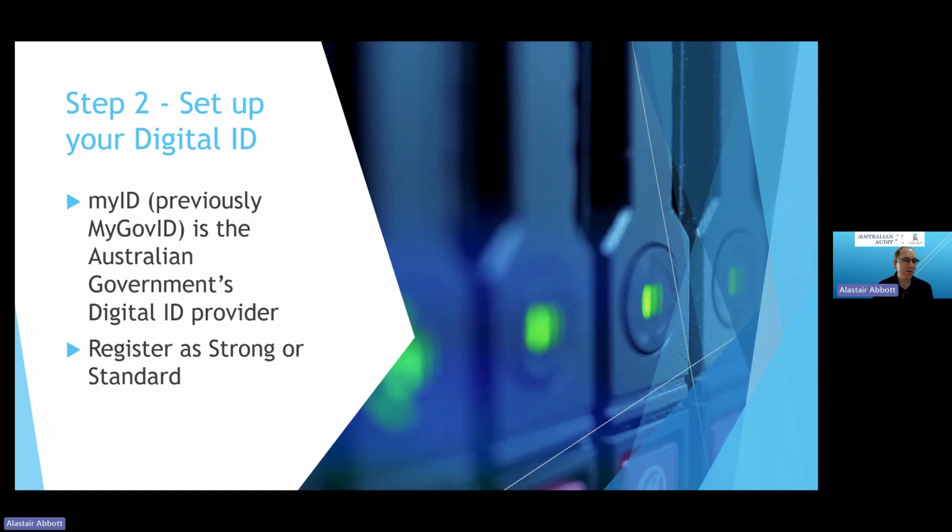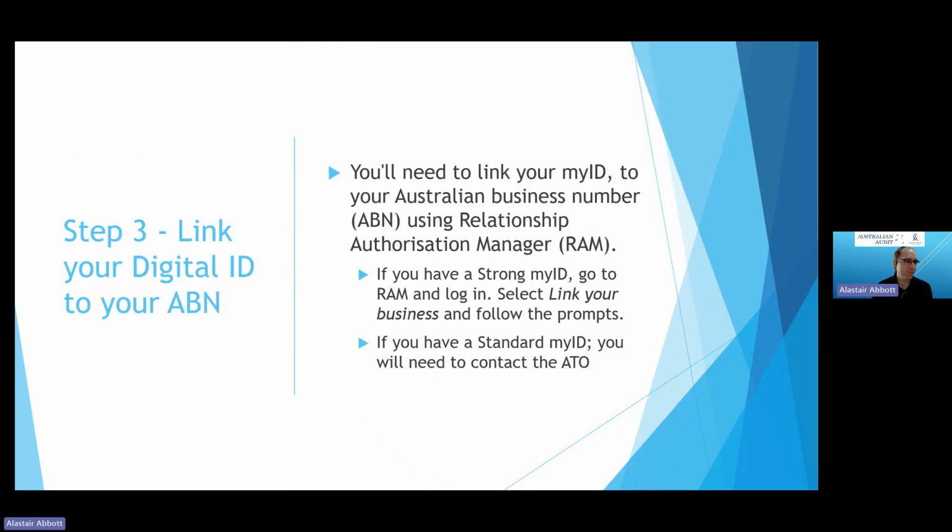If you haven't used the MyID, previously known as MyGovID, you'll want to go through that. And what the ATO has flagged is if you can register as a strong level in that system, the linking for the online system will go through smoothly. If you only meet that level of standard, you won't be able to do it online, and you'll actually need to phone the ATO to get the next steps, which is where you link your ID with the ABN of